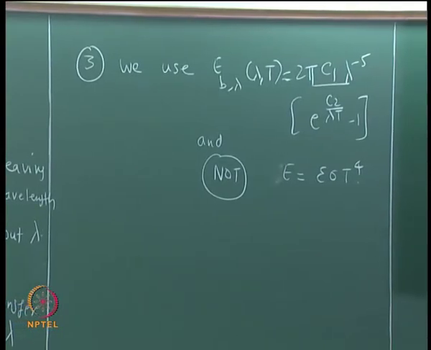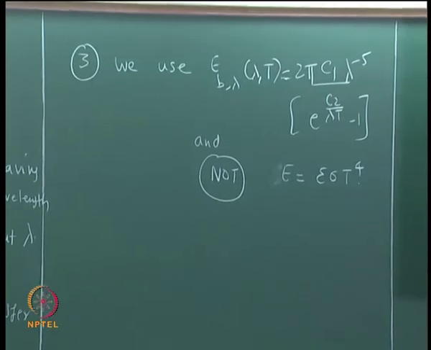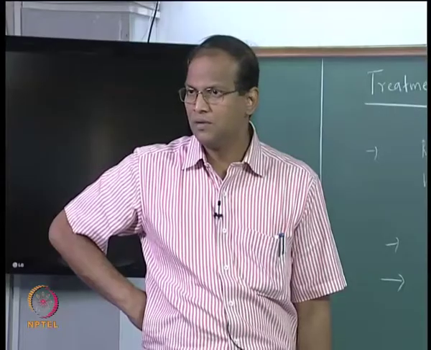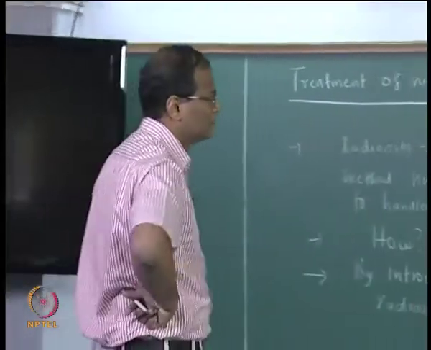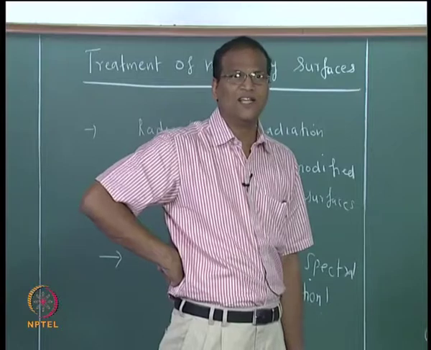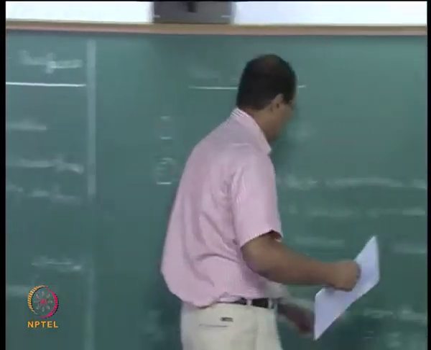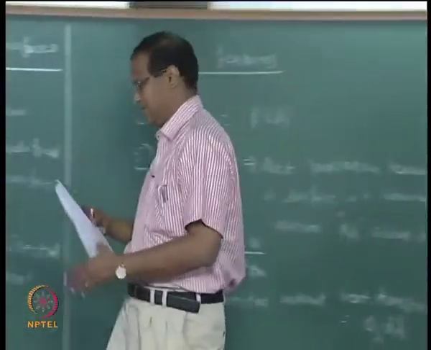Don't ask me, sir, why are you using E_b lambda, it is not a black body. Anyway, epsilon lambda will come, don't worry about that. Vikram, any problem? Oh, there is a big story, no? Was it pi or 2 pi? No, no, it depends on how I have defined it in the earlier classes. If you all say it is pi, okay, then it is pi C1.